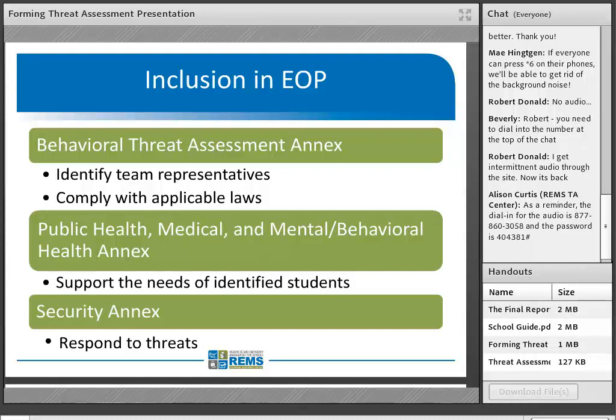Public health, medical, and mental or behavioral health annex. The planning team may want to consider issues such as how the school will support the needs of students by the threat assessment team, and the security. The things to consider, such as how to respond to threats identified by the threat